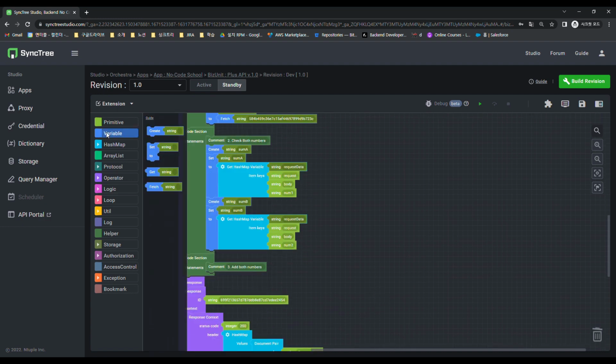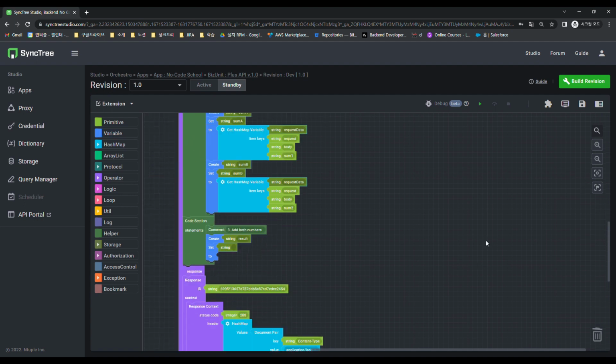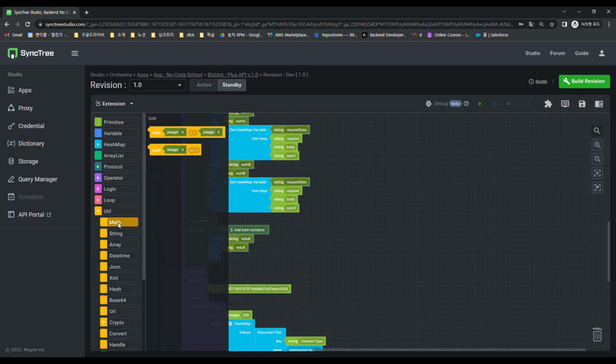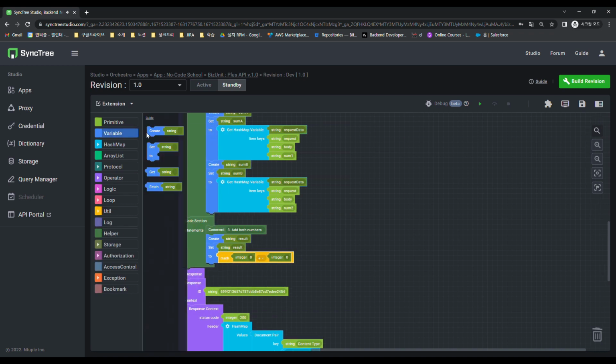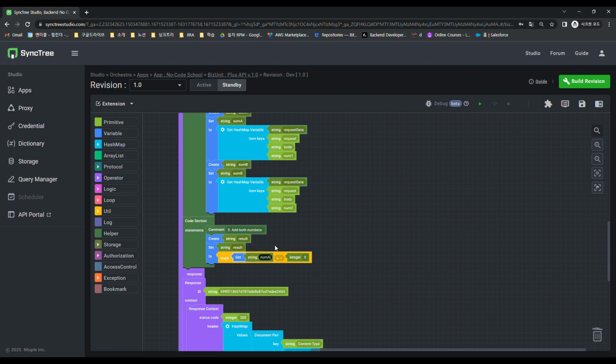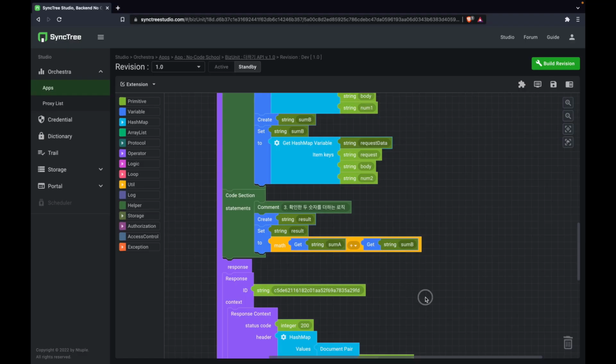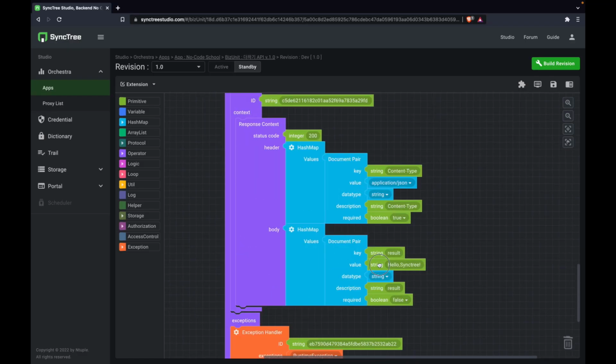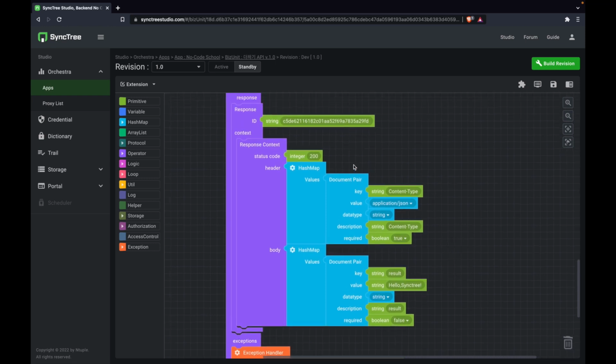Lastly, let's make a logic that adds two values. Declare the variable first to put the result. Get the math operation block from math in block util, which runs the addition, to the set to block, and connect the get variable block that reads the values of the variables num1 and num2. Response is an area that defines the value to be returned when API calls are successful. You've done it before, so I guess you're familiar with it. This time, we're going to return the sum of the two numbers as a result. So we connect the variable that contains the sum of the two numbers with the get block.